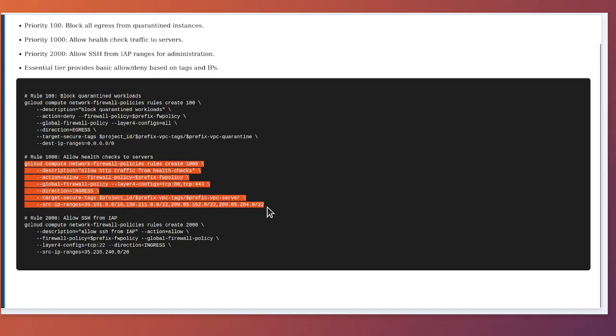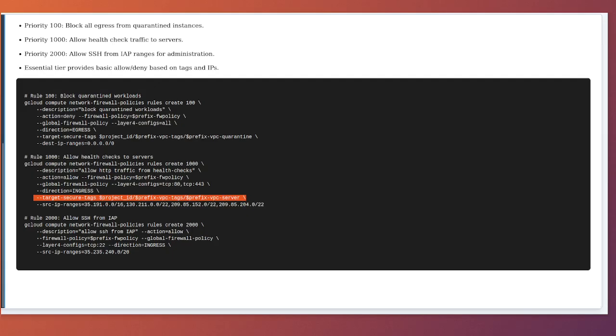The second rule at priority 1000 allows health check traffic to servers. The action is allow. The layer4-configs specifies TCP/80 and TCP/443 for HTTP and HTTPS. The direction is ingress for inbound traffic. The target-secure-tags references the server tag. The source-ip-ranges includes Google's health check IP ranges: